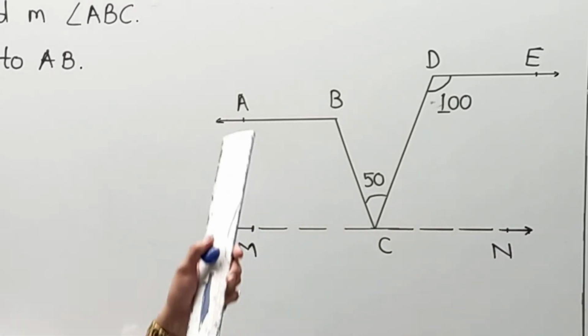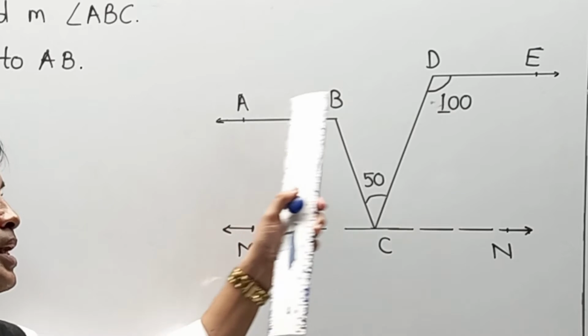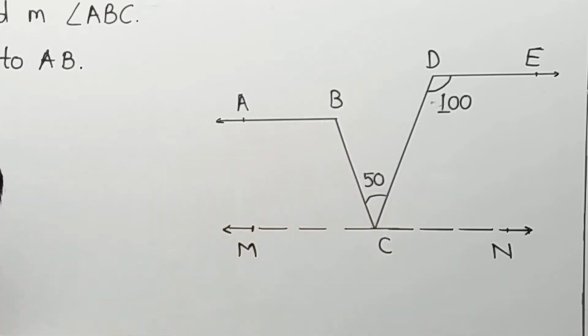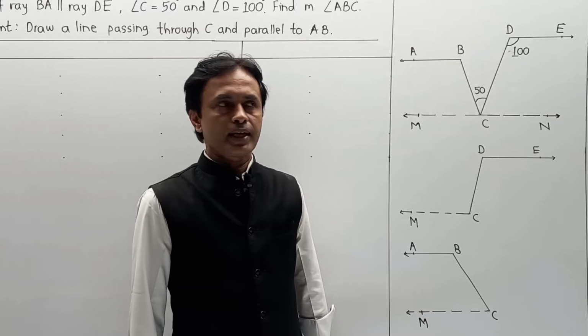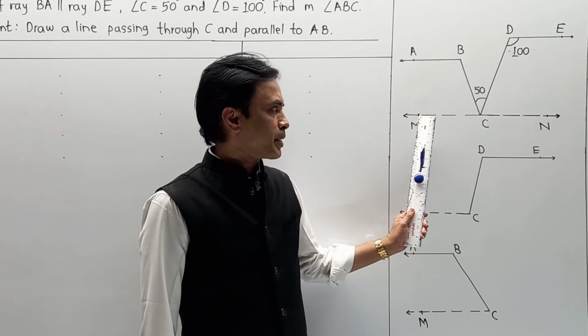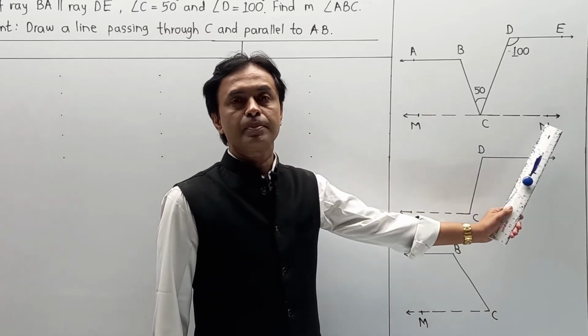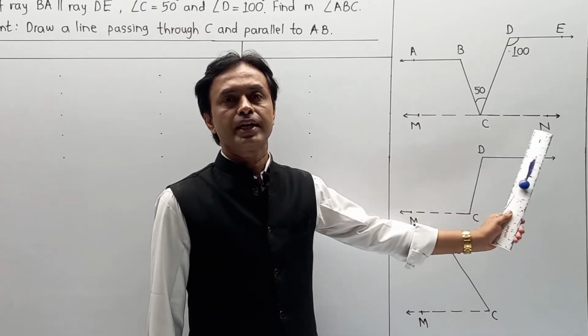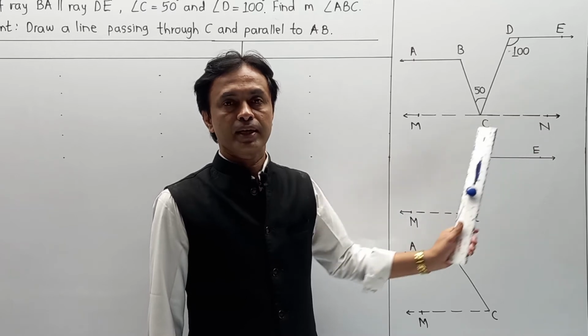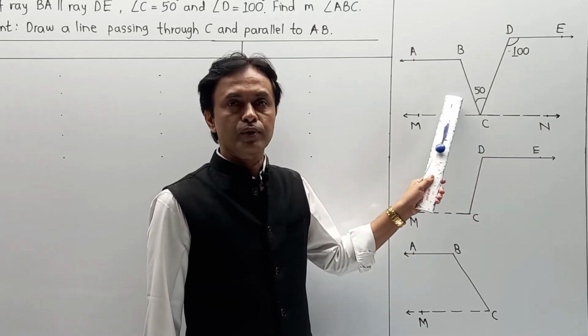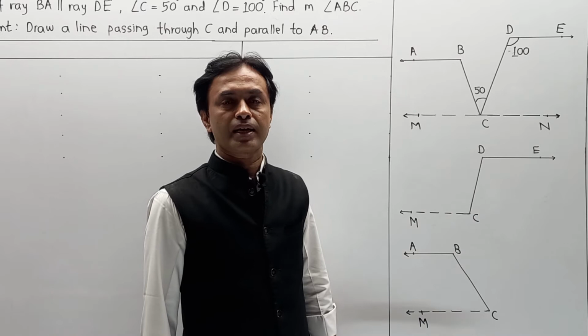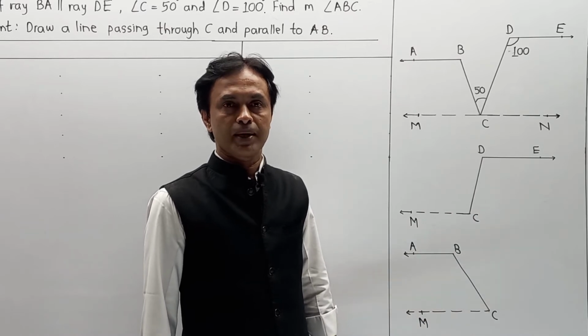But our target remains the same. Our target is to find the value of angle ABC. No doubt we are going to write a proof in the form of number, statement, reason. So please pay attention to this part. Now as per their requirement, we have drawn a construction, a line passing through C, and we have indicated that line name as MN. Now you cannot understand all parts over here, so I have drawn a subdivided diagram of that part, so you can understand the part.